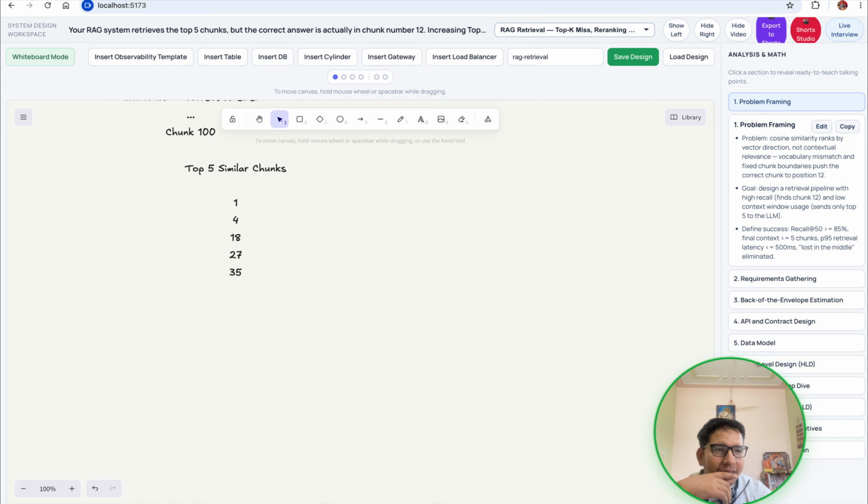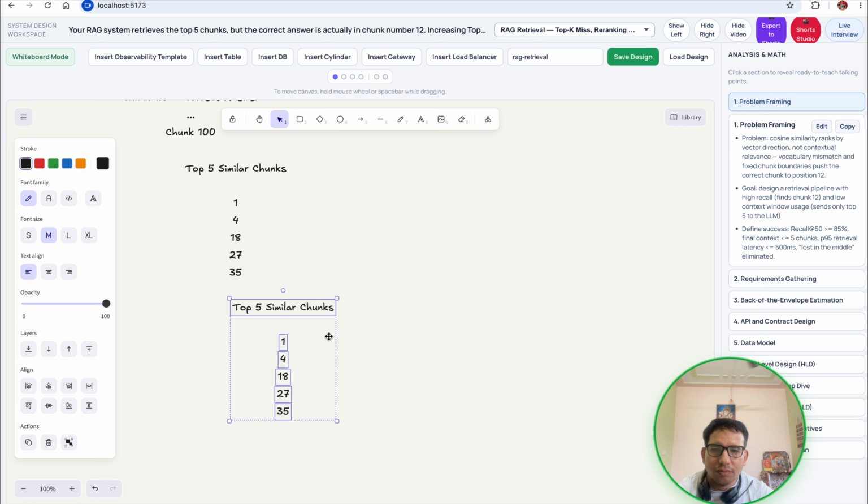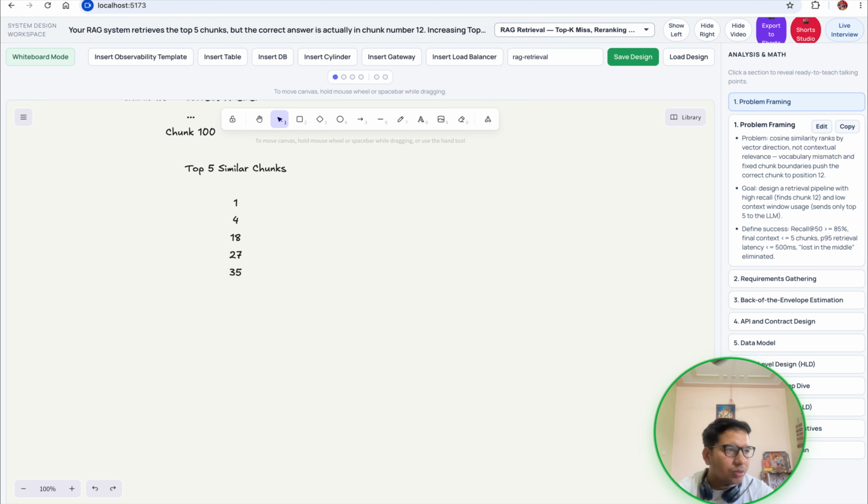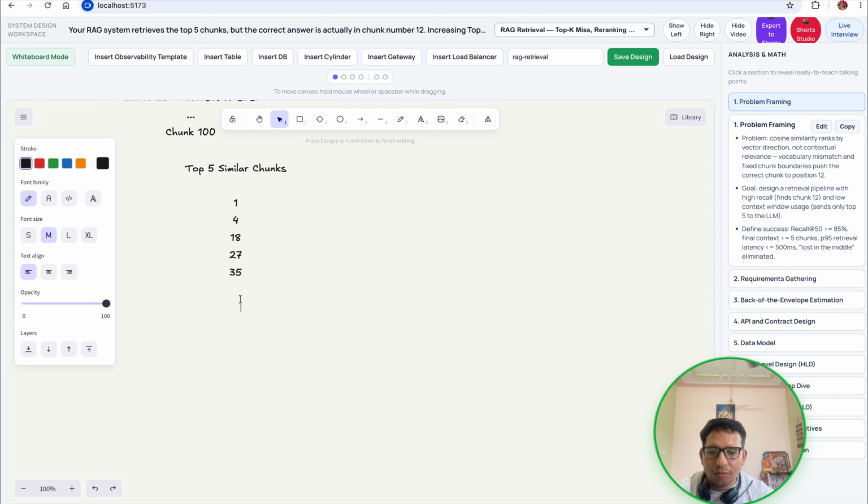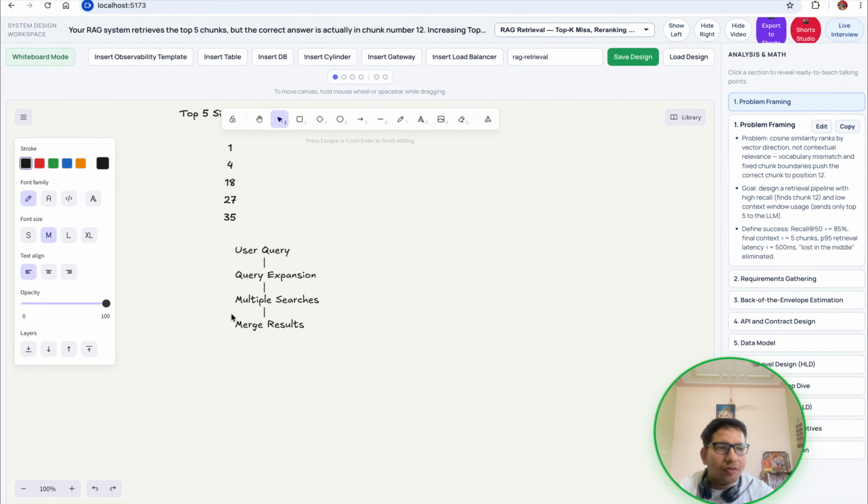So the architecture is: the user query comes in, the query is expanded, multiple searches happen, and then we merge the results. This is solution 1.